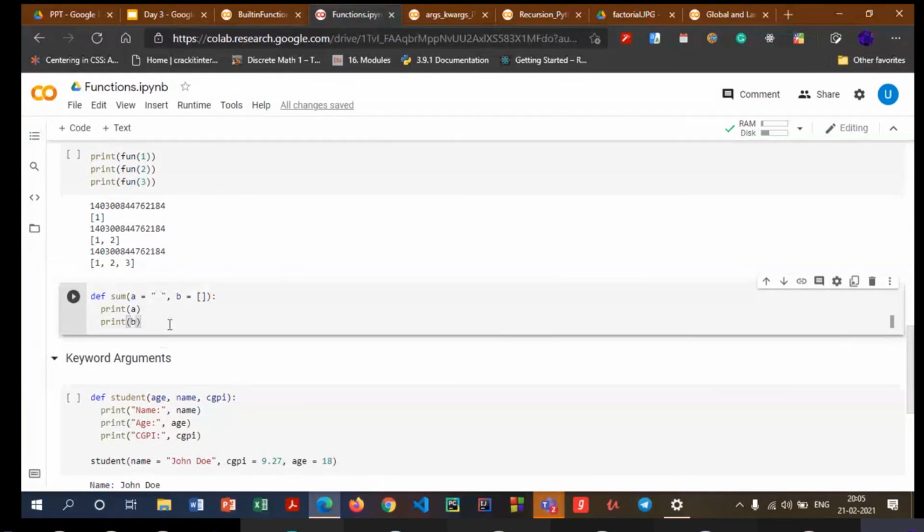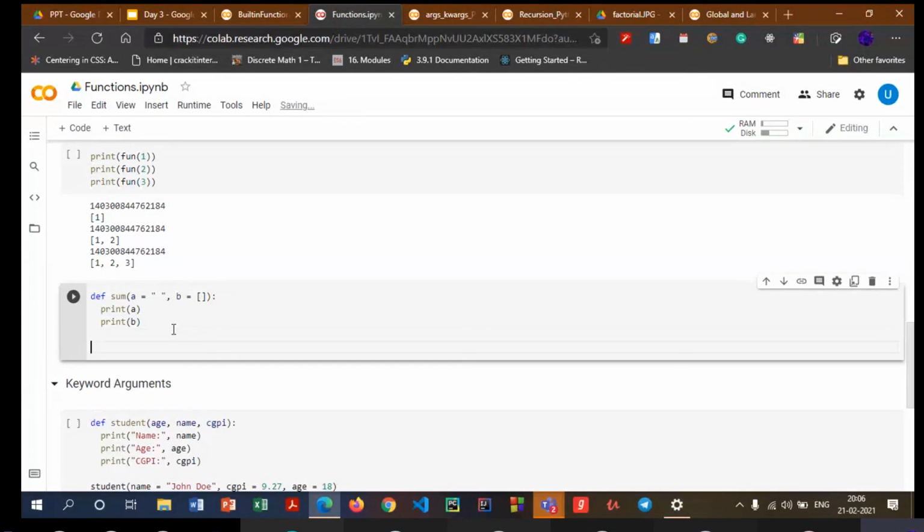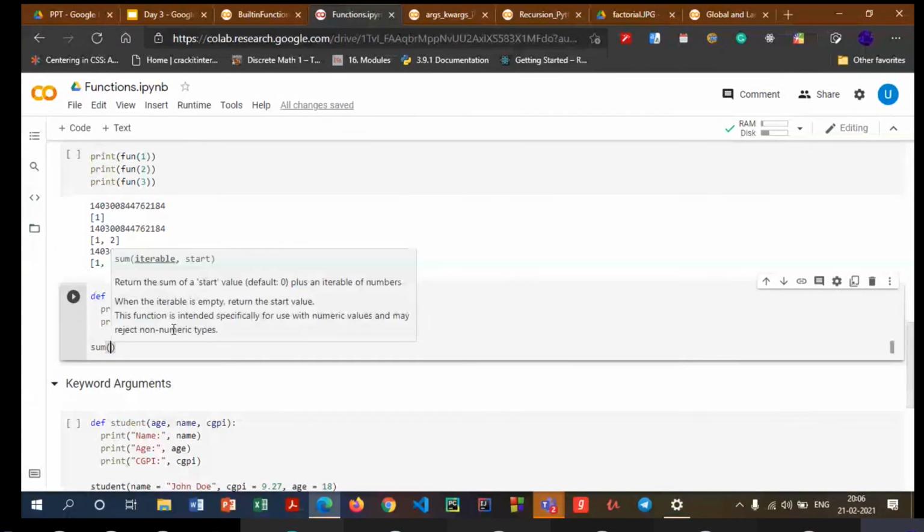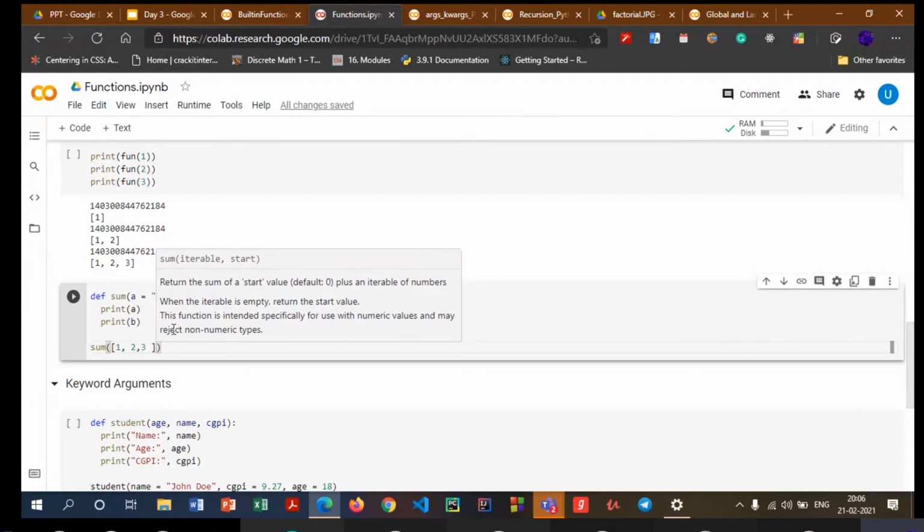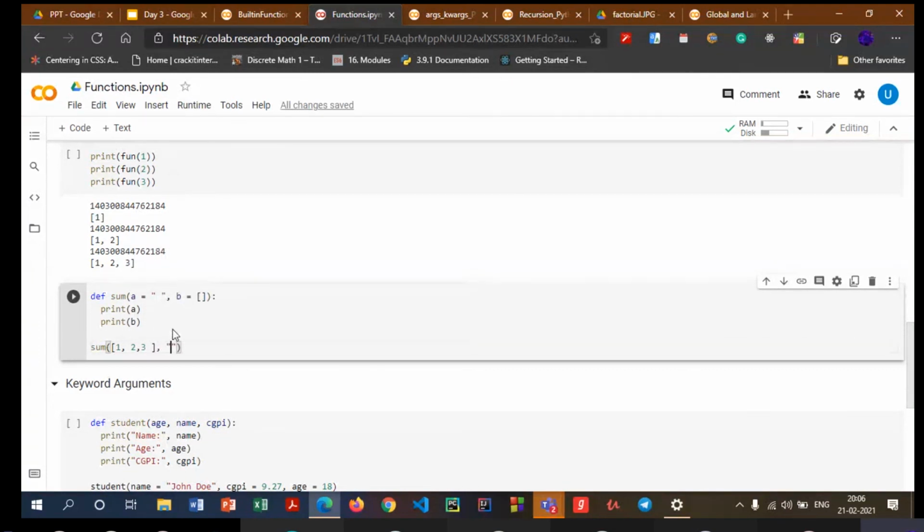For example, if I pass a string first and then a list later, or a list first and then a string later, the default arguments won't really have any such impact, so any such order is the same.